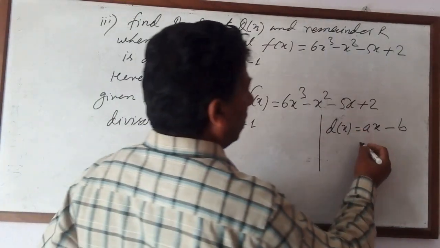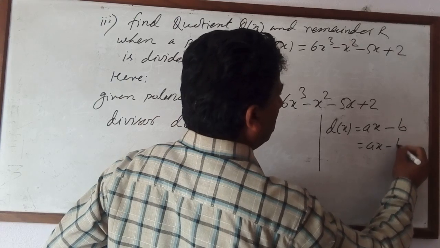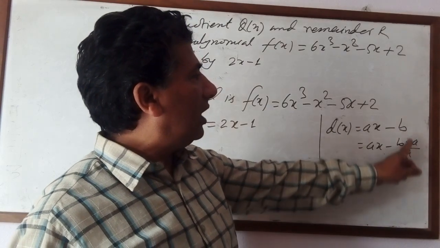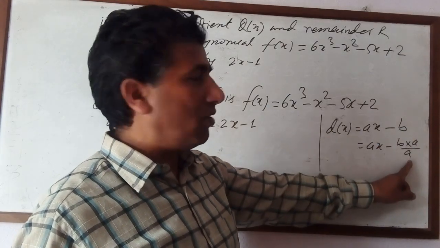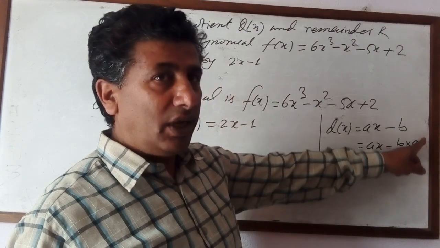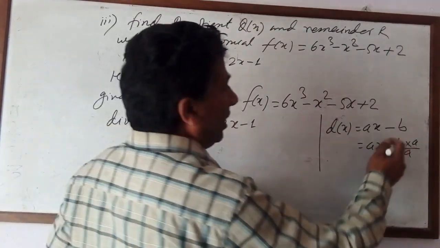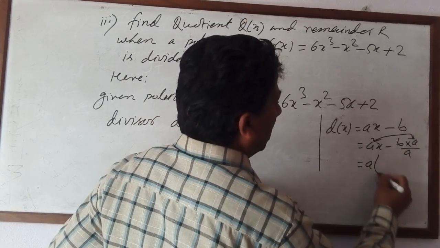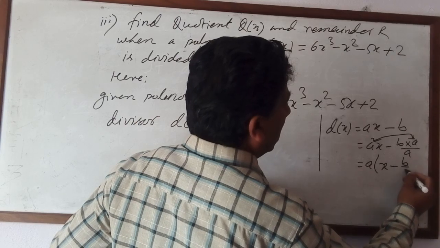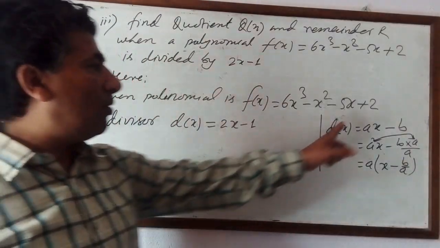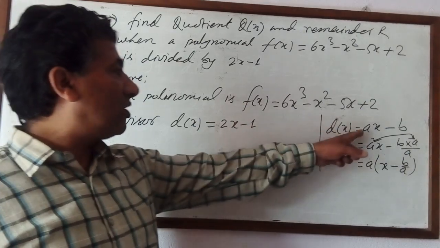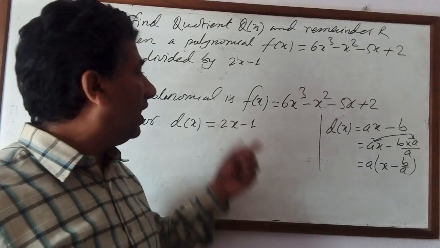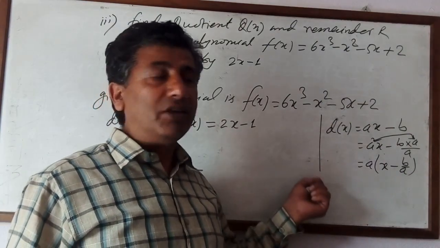Now what we have to do here: ax minus b, we multiply by a up and down. Multiply b by a, and down also a. These two will cancel. That's why this a and a, we can take common. Now a common, remaining x minus b by a. First of all, we have to change this type. Here in place of a there is 2. We have to remove this 2 because synthetic division is used only for x minus a or x plus a.